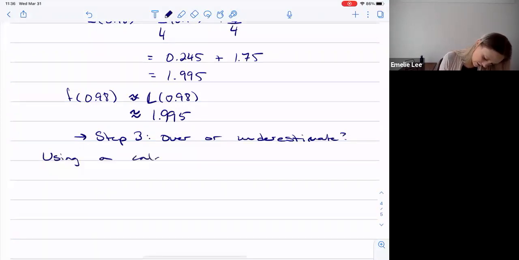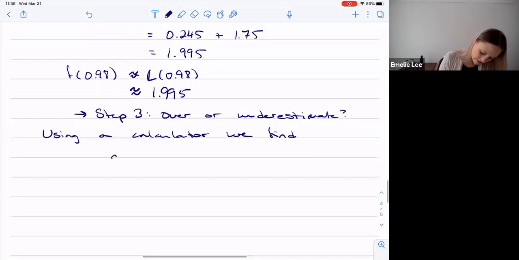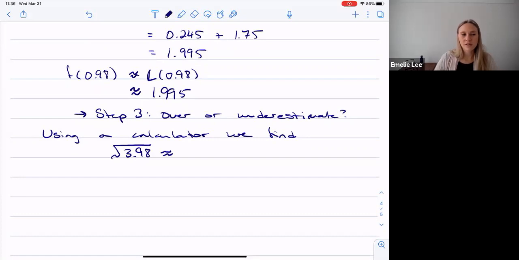Using a calculator, we find that the root of 3.98, again, and of course it's just an approximation because we can't see all the decimal places, but it brings us to